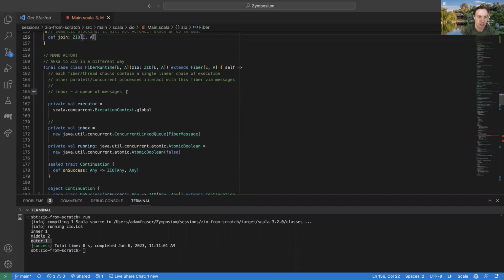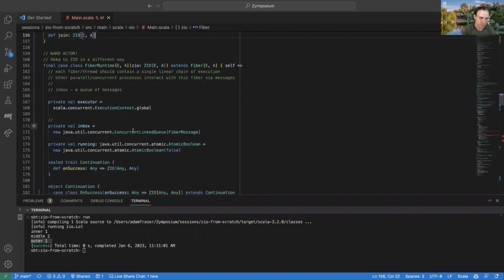But this is actually a pretty good situation for an actor type interface, because the idea of an actor is it encapsulates this internal mutable state, and it says, well, the only way you can communicate with it is with these messages you send it, and the actor internally always processes the messages one at a time. So it gives you that guarantee, just like the fiber wants to have, that while you're processing these messages, you're only doing one thing at a time.